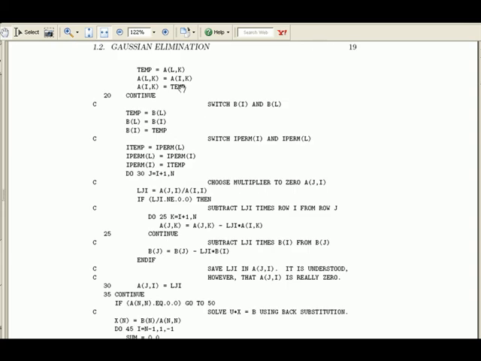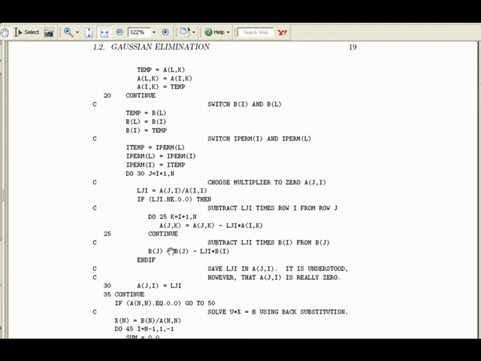So here we've discovered that L is the row with the largest potential pivot, so we want to switch the rows L and I, switch those there. Then we also switch B_L and B_I, the right hand sides have to switch also. Then J goes from I plus 1 through n. That picks the element below the diagonal in the ith column that we want to knock out. There's the multiple that we want to use, and here we actually take this multiple of the ith row, and add it to the jth row,